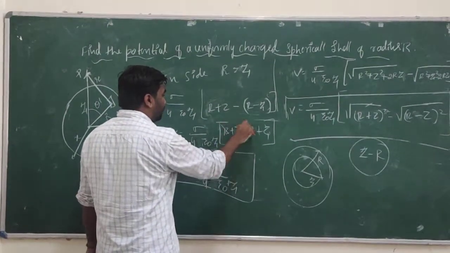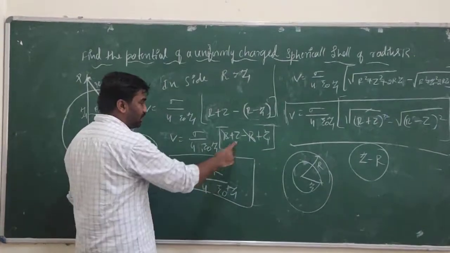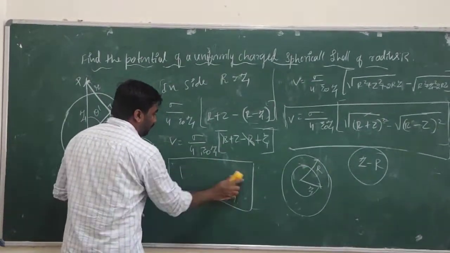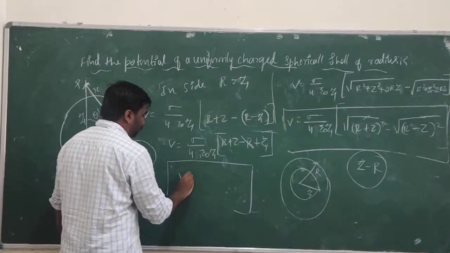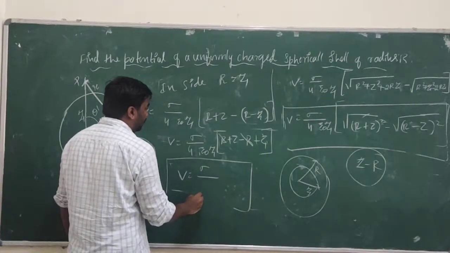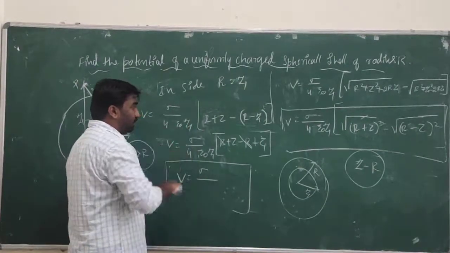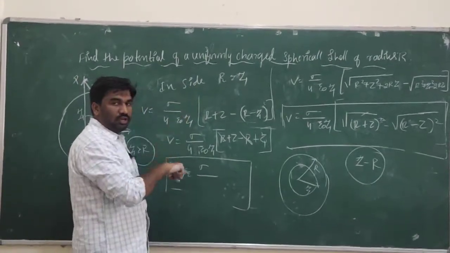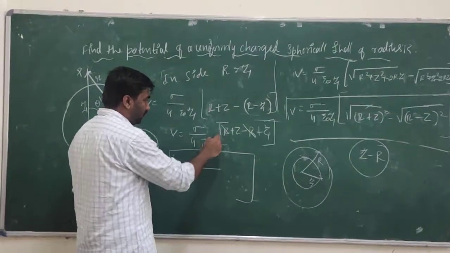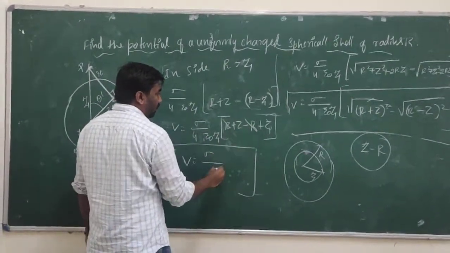Plus r and minus r get cancelled, remaining is 2z. So V is equal to sigma divided by, in the previous problem I did not cancel the numerator 2 and denominator 4. So sigma into 2z